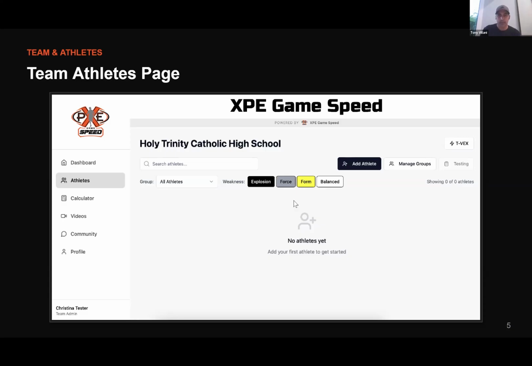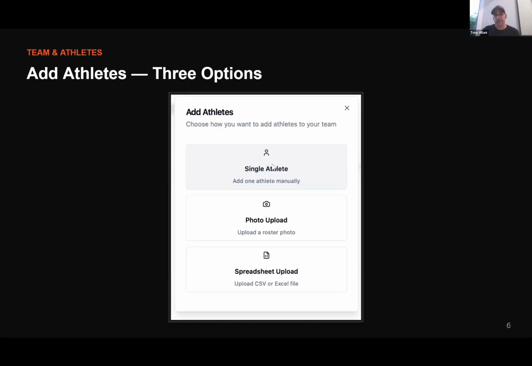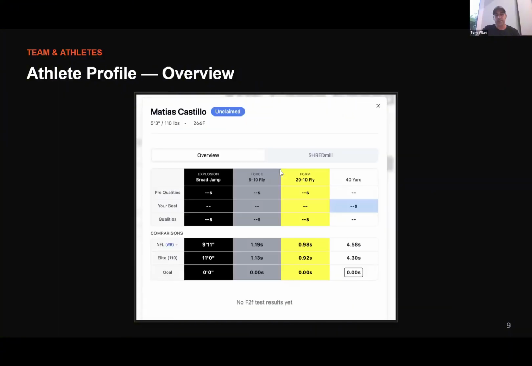Add an athlete. The easiest way to do it is just click on single athlete, right? But if you take a photo of the spreadsheet, we are able to mass upload for you. Or you can download our spreadsheet and we can mass upload. But like the SHREDmill, we're trying to make this easy. If you already have a spreadsheet roster of clients, send it to us and we'll upload them in your app for you. That's how important it is to get the results all dispersed for you guys. But if you click on single athlete, it,